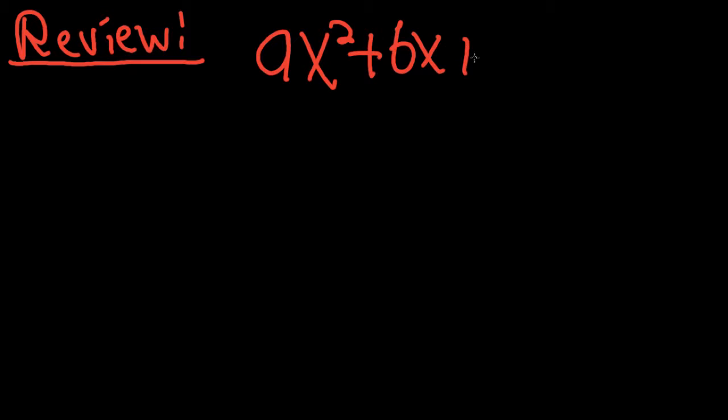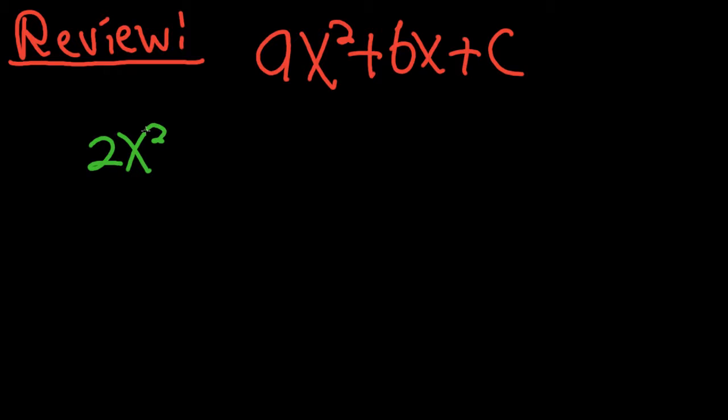Alright, so in the next lesson, we're going to be dealing with equations that look like this: ax squared plus bx plus c. So, in order for us to factor an equation like that, we need to be able to identify the a, b, and c values for a given equation. So, if I have something that looks like this: